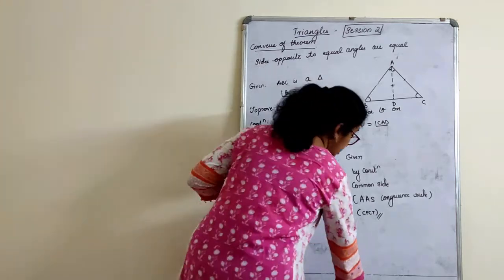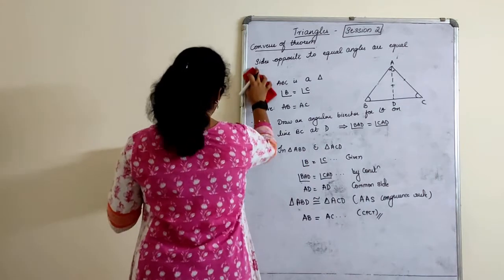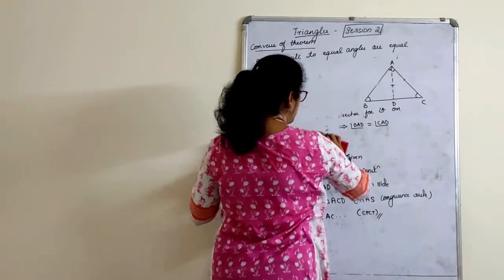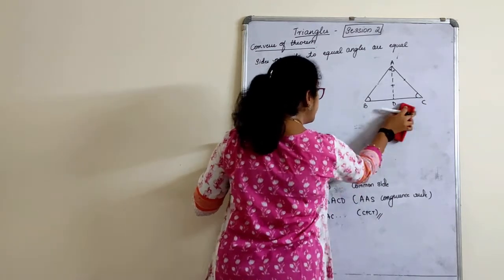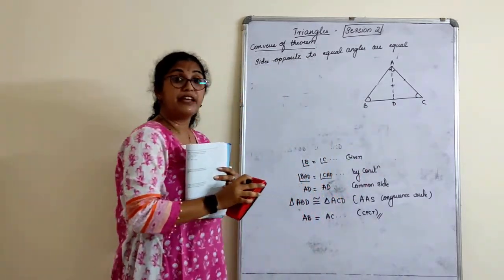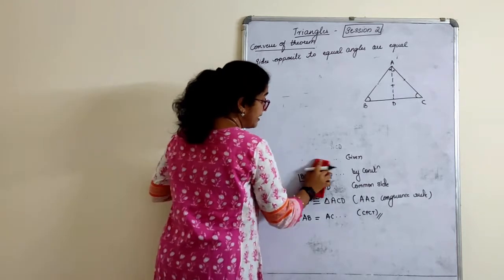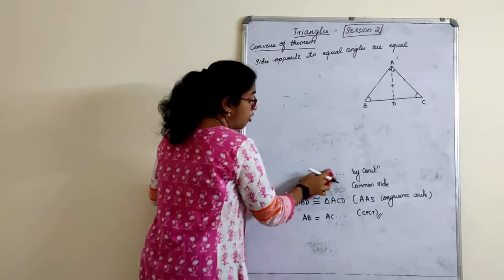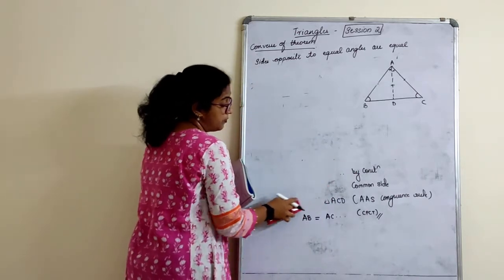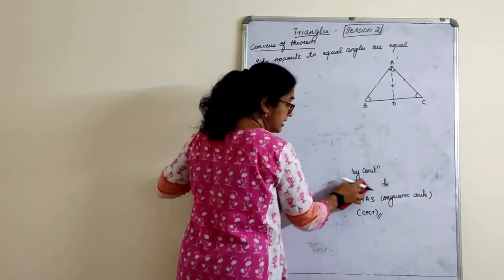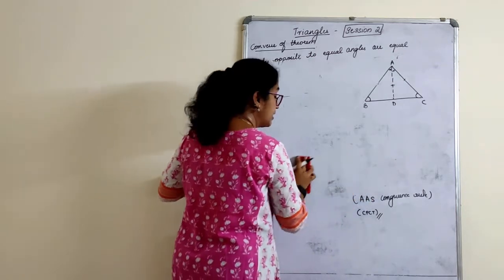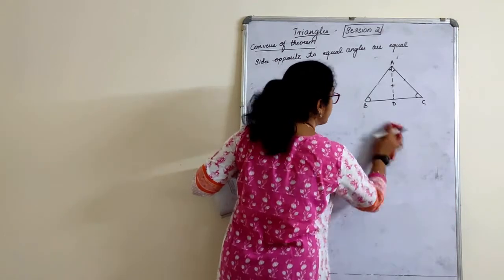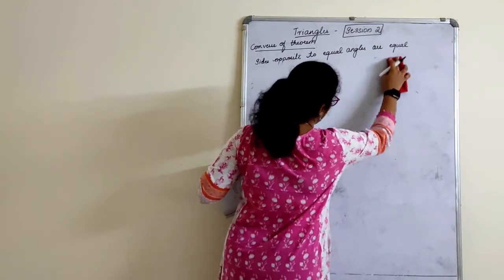So the first exercise, our aim is to always read the figure, understand what is given or what we can depict from the given figure. Apart from even if they have not given anything, we can depict sometimes alternate angles, provided the lines are parallel, or vertically opposite angles, right? If not, common side. These things we can depict from the figure. Remaining things we have to see if we can do that by construction or the given data is sufficient enough.